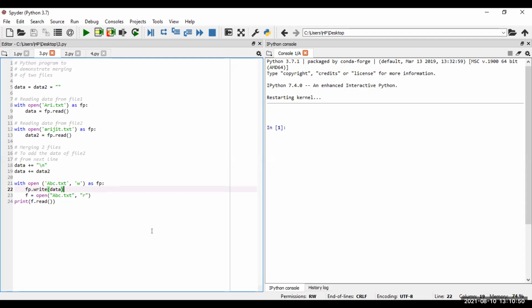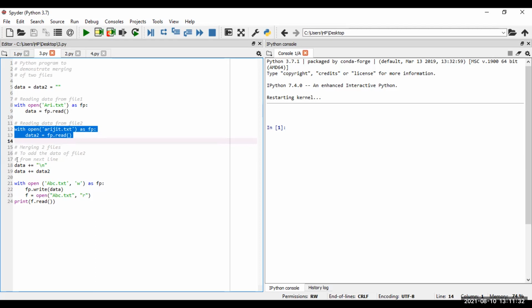So here we can see that first we need to open this particular file, name one. Suppose my file name one is given as ori.txt. So we are going to first open that particular file and read whatever data is present in it. Similarly, in the second file, we are going to do the same. So this is my file one and file two, where we are reading the data.